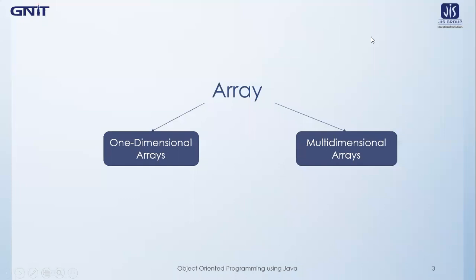So in today's lecture, we have learned about arrays that are being used in Java, and there are two types that we have discussed, which are one-dimensional arrays and multi-dimensional arrays. This is all about arrays in Java. As you all know, everything can be treated in Java as an object, literally everything. So arrays can also be treated as an object in Java. So basically the arrays that we normally use, the user defined arrays that are being used to do any kind of manipulations or programs, all are treated as an array object. So this is the concept of array that we have learned today.